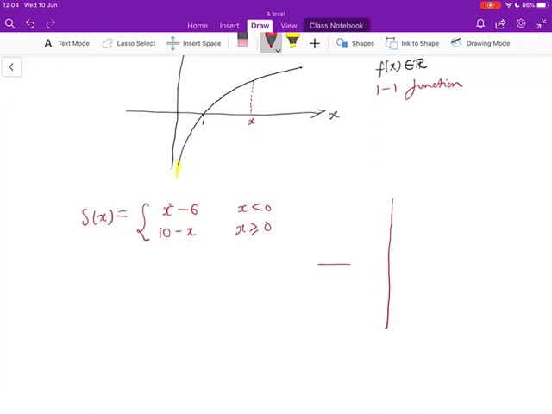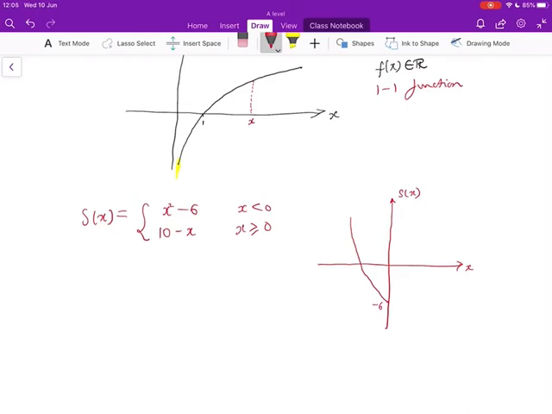So on my set of axes, plotting graph of x against s of x. So when x is less than 0, I've got a quadratic. The quadratic y equals x squared minus 6. So it's going to be symmetrical about the y-axis with an intercept down there at minus 6. Obviously it can't actually get to that point down there because we're only looking at x being less than 0,